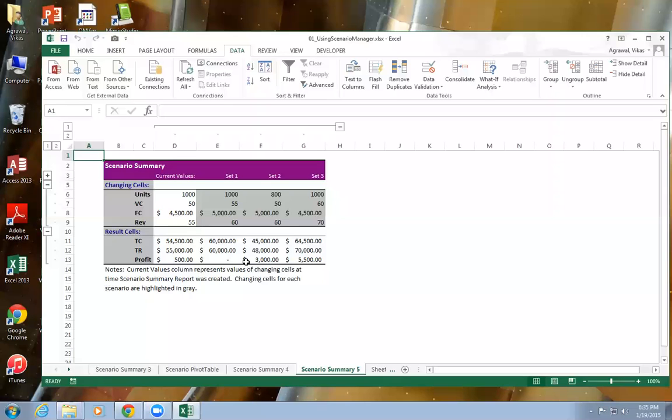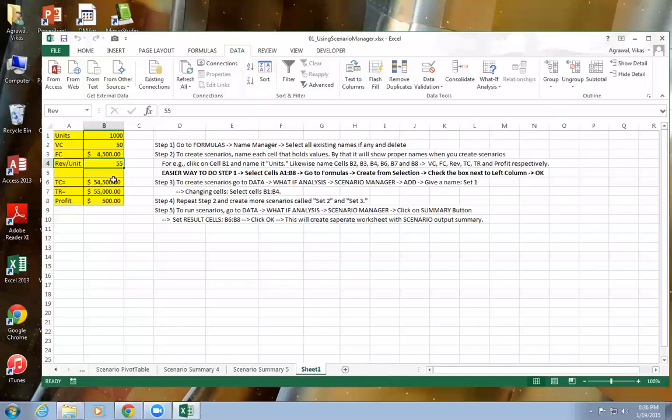Because the first profit was 2,000, it was in brackets. No, that was here. I guess I changed the values before setting the scenario, so it took those values by default in my case. If it is negative, it's a loss. So we started off with a loss, yes, but before I could set my scenarios, I changed the values here.